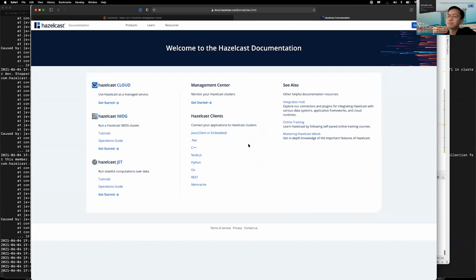Okay, cool. And I'm just wondering, how easy is it for an existing application to be changed to cater for this set of technology? Yeah, look, if you are already using Java APIs, like I mentioned earlier, things like maps or other data structures like queues and sets, then it's pretty straightforward. One or two lines of code change, and you can convert your standalone application into a distributed application.